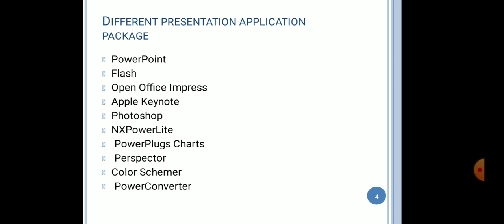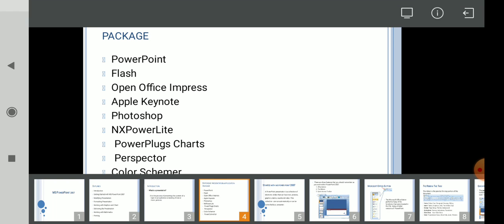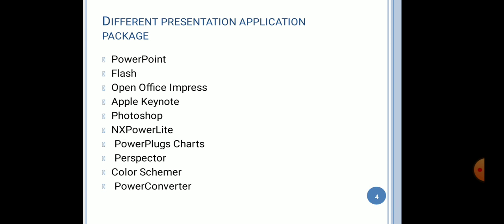Now dear students, what are the different presentation applications to make a presentation? So dear students, these are various applications just like PowerPoint, Flash, OpenOffice Impress, Apple Keynote, Photoshop. So these all are application packages that are used for presentation purposes. Then we have covered basically what is